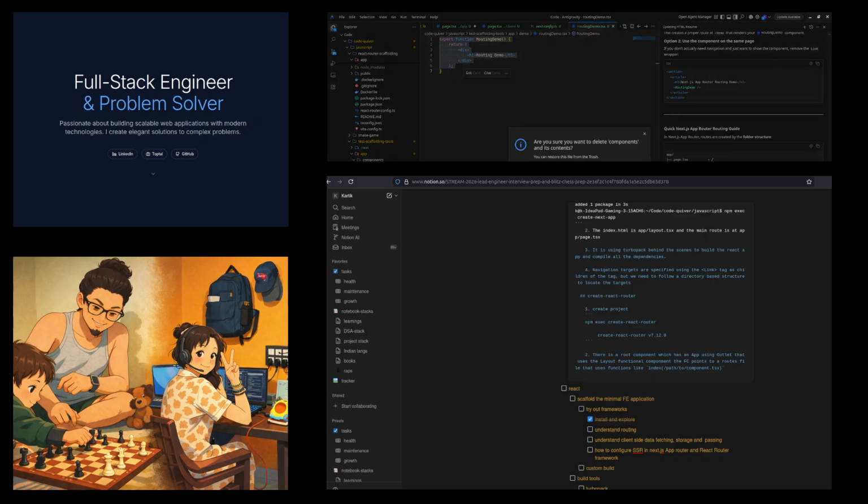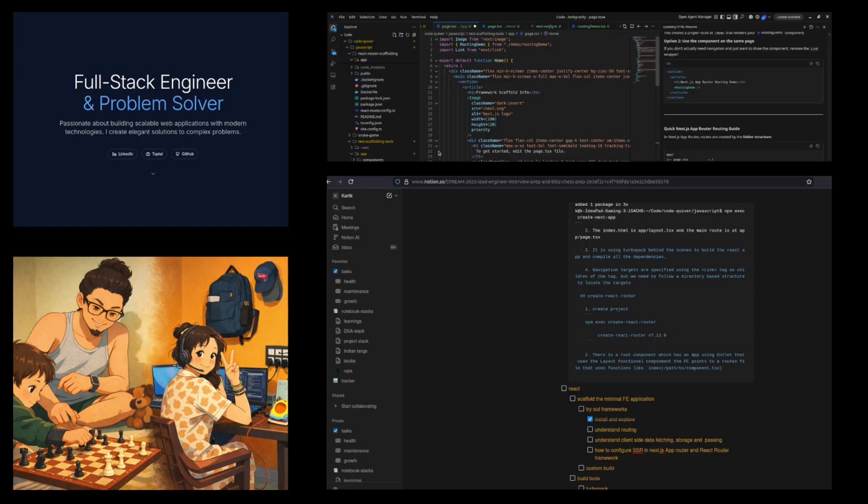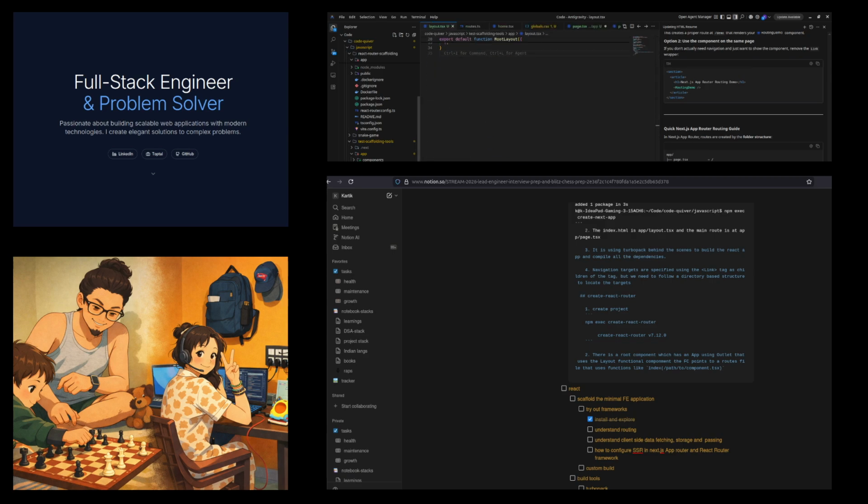okay, cancel, don't delete components. And then inside this page.tsx, we export function, no, there's this layout, which is using page. Then there's page, and then there's this page, export default demo,